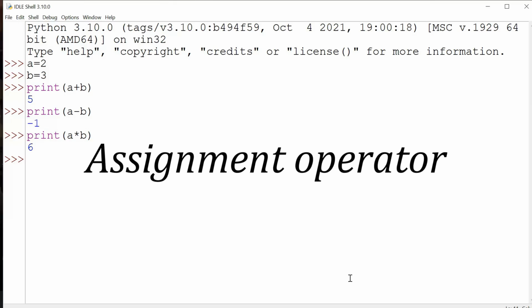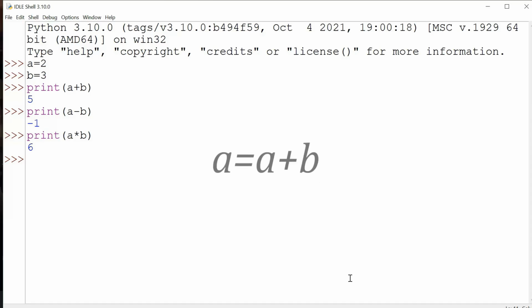Now we are going to see assignment operators. Do you guys know what an assignment operator is and where we use it? It is used in an expression like a is equal to a plus b. Can you understand what I mean? We are going to perform the same addition operation as before. The difference is we are going to assign the output to one of the variables that we used for the addition operation. In this situation, you can use an assignment operator.